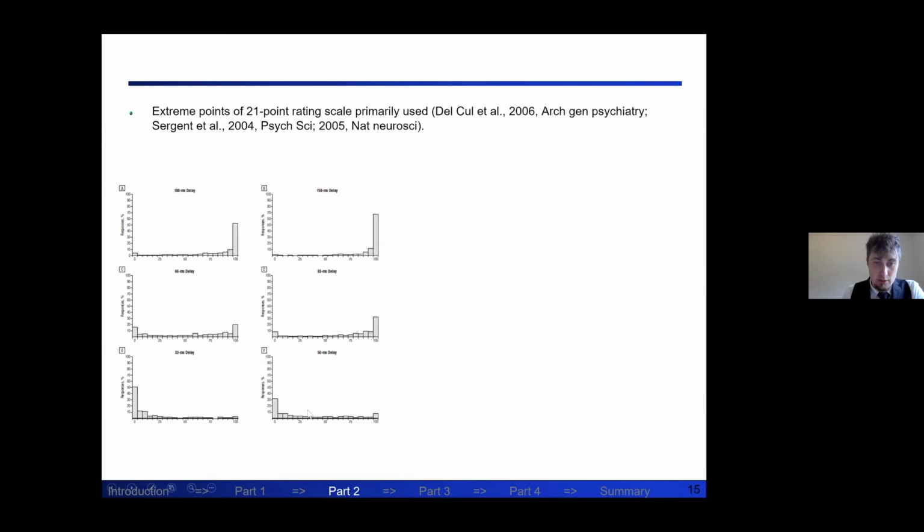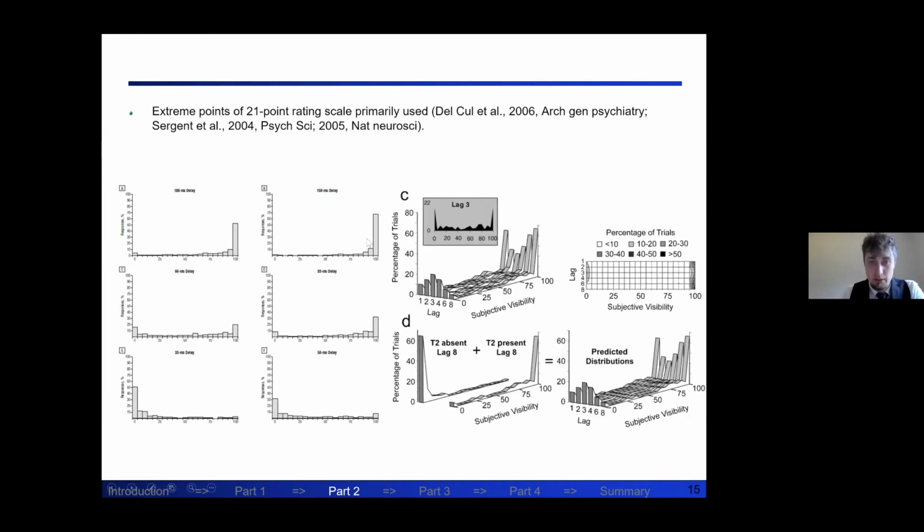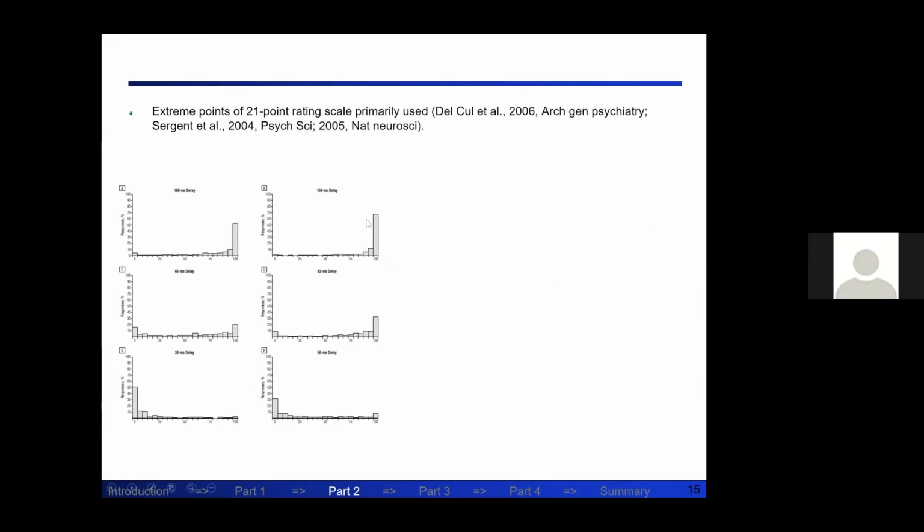So here you have the distributions of ratings on a 21-point scale ranging from 0 to 100 at different stimulus durations: 33, 50, 66 milliseconds, and so on, going up to 150. At 150, they're basically using only the top point of the scale. But if you go to the other stimulus durations, you can see that it's still the top point and then also the lowest point. Once it gets harder, they use mostly the lowest point. So here it seems that yes, they have all or none experiences.